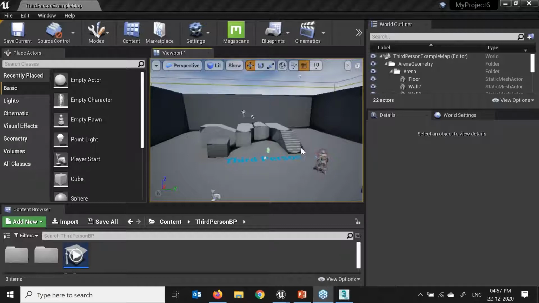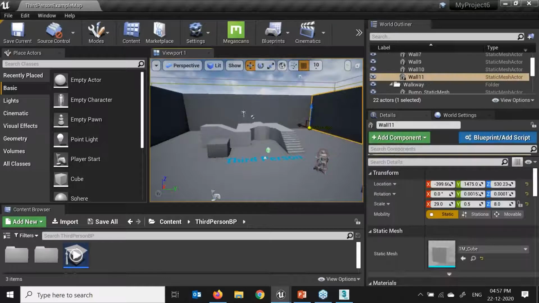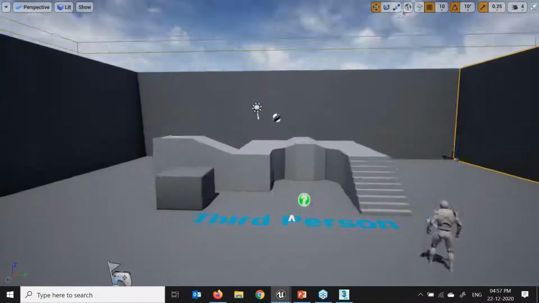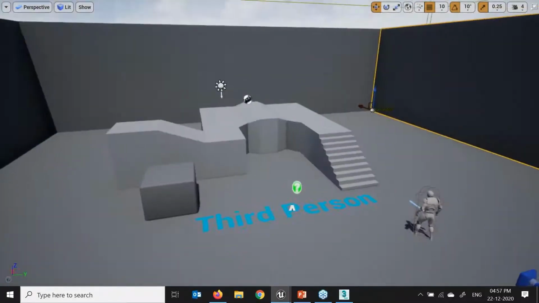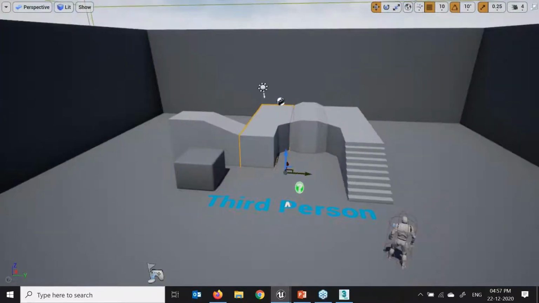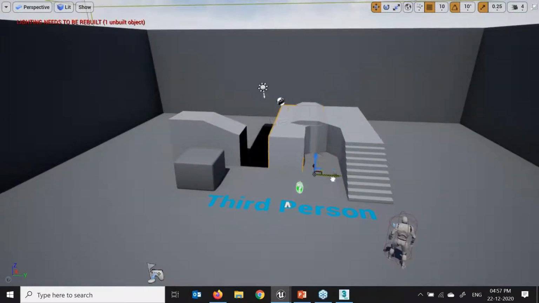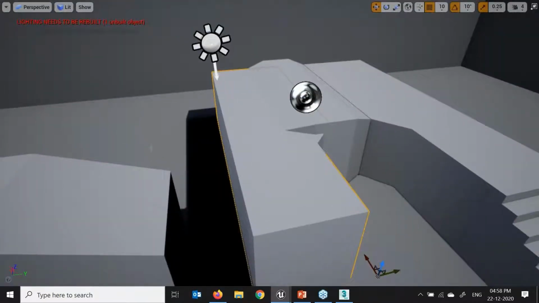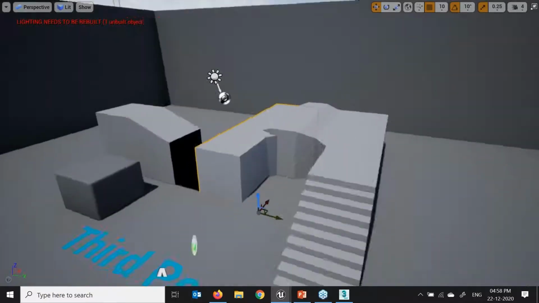If you see over here, this is my scene, I'll press F11 over here. Here you see this is my third person game. If I move this cube over here, now this is what I was talking about. See, light needs to be rebuilt because I have moved my object, and it is again calculating my previous shadow.